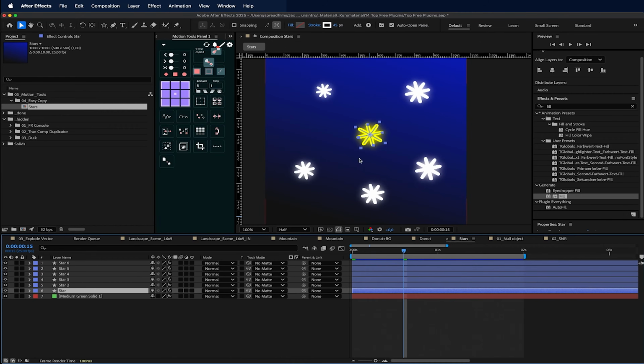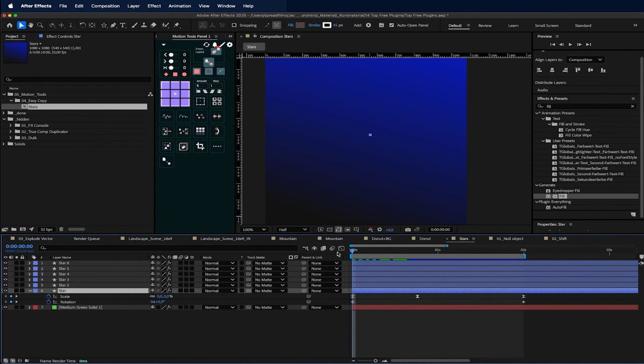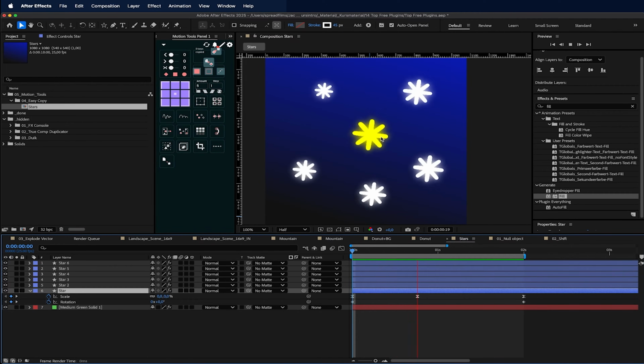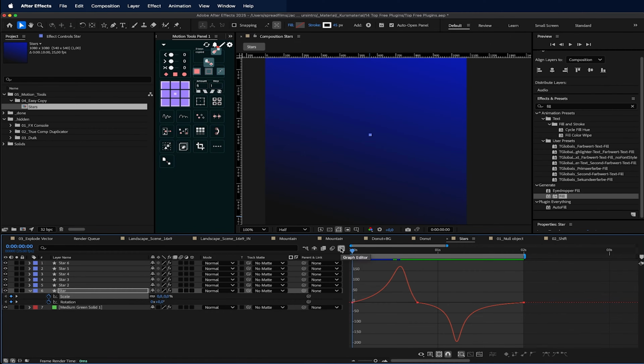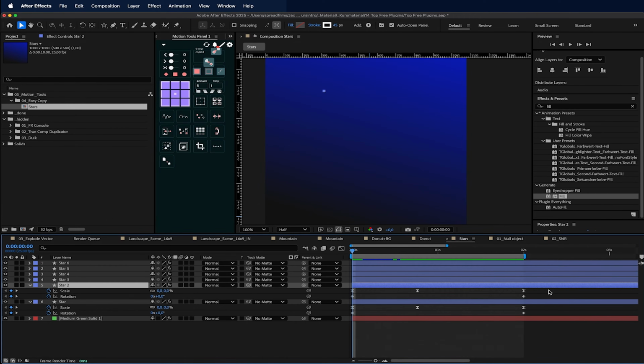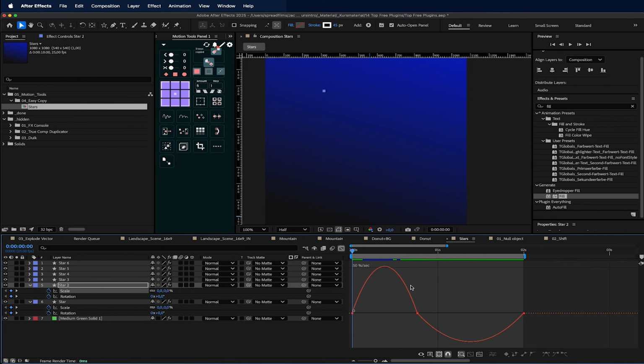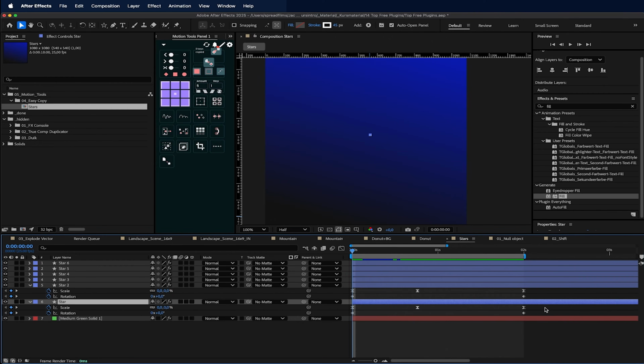For example, here my yellow star, it has a bit of easing happening here. Like it pops faster and slows down inside. And if I highlight here the animation graph editor curve, you see it doesn't look as plain as the other. I adjusted it a bit, and it's sometimes hard to